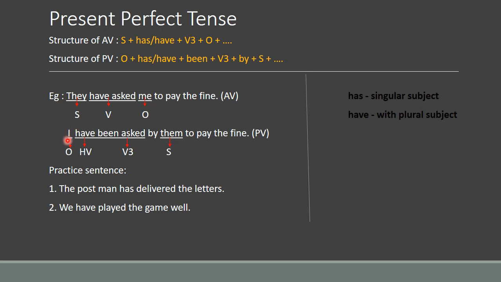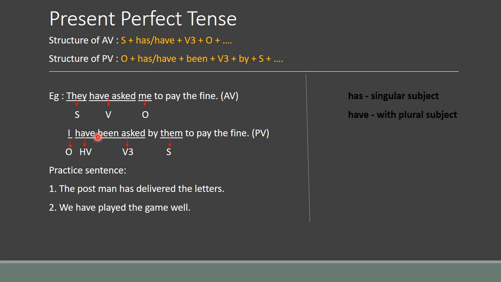Okay. Then I is a special category. Though it is singular, you have to go with have only. Okay. நம்ம generally என்ன சொல்லுவோம்? Have should be used with singular subject. Have should be used with plural subject. But here if you see I is singular only, then why should I go with have அப்படின்னு சொல்லி பார்த்தீங்கன்னா that is special category always. Okay. So special category have கூட தான் யூஸ் ஆகும். I வந்து have கூட மட்டும் தான் யூஸ் ஆகும்.